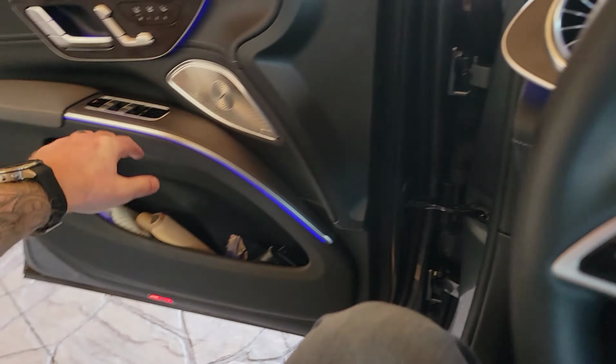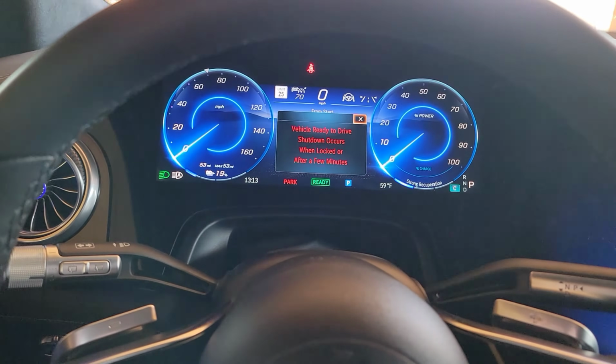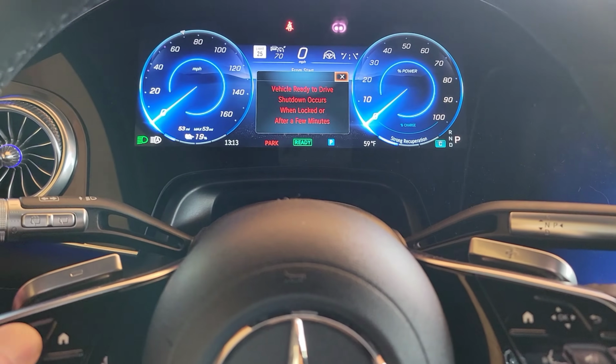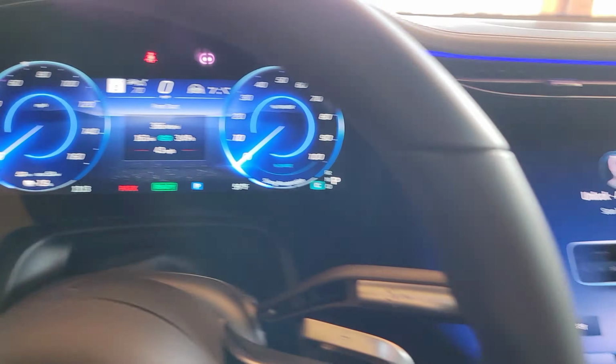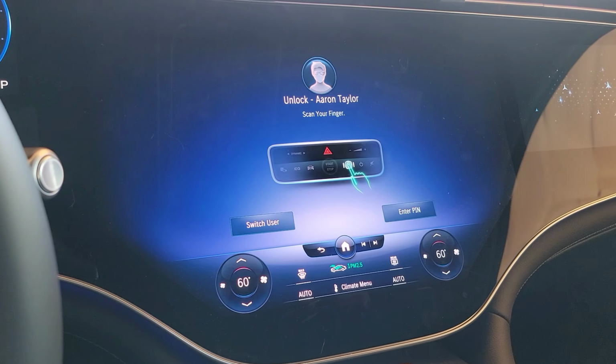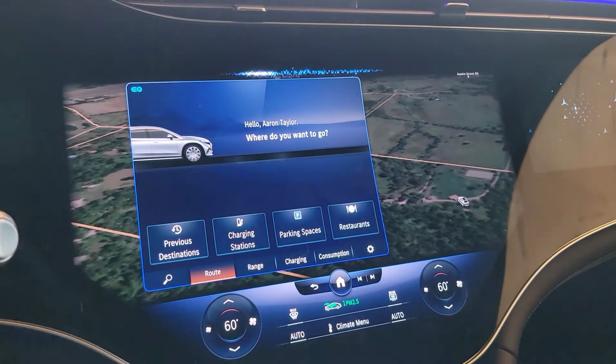Okay, guys, so we went 163 miles, pretty much exactly. We used exactly 60% energy. Let's go over here and see if it gives us any...